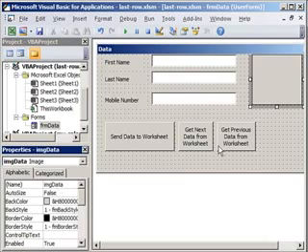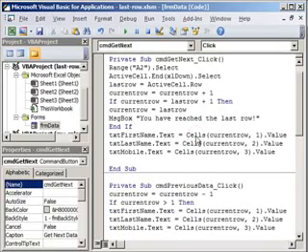Now every time we click on the get next data button or the get previous data from worksheet button, we want that an image of that person should be displayed. Now this coding is slightly different. Have a look. It's not difficult and you'll understand that quite easily. So I'm going to double click on get next because we have to code both the buttons. So first I'll start with get next data from worksheet. Okay, so now